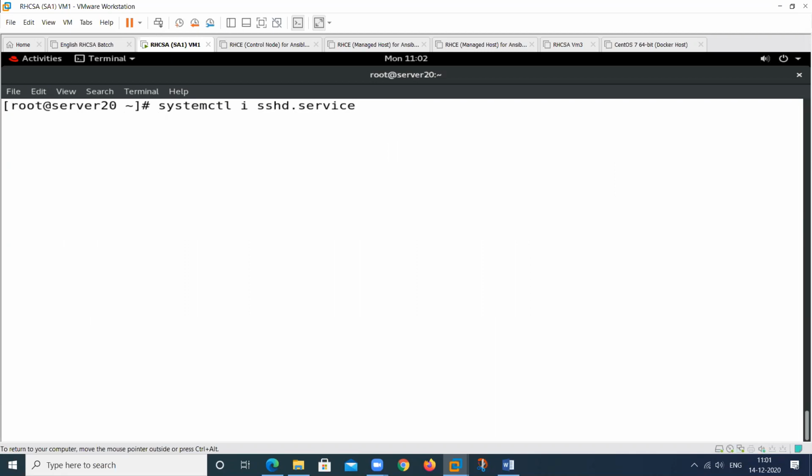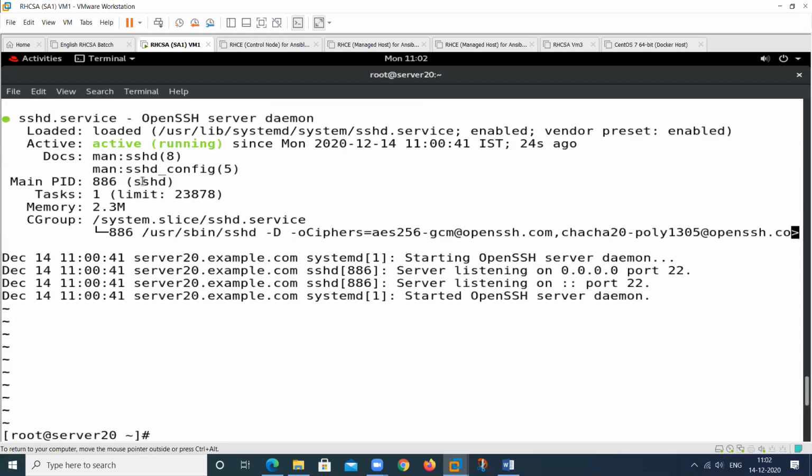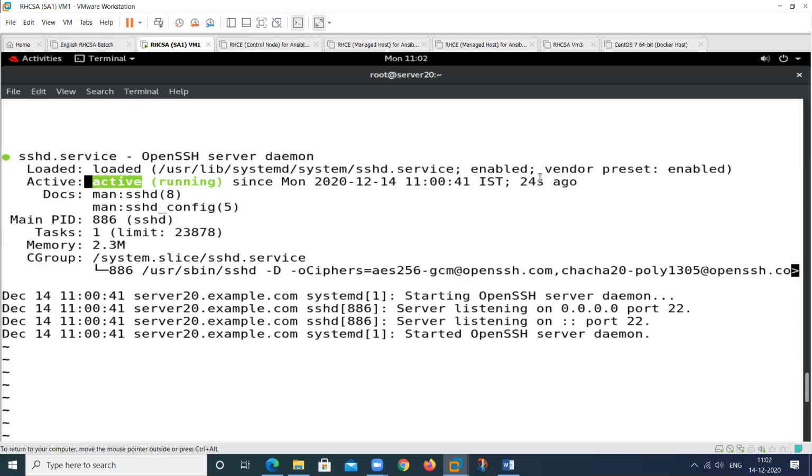So we have another command, that is active. It only displays the status, whether it is active or inactive. Only this, not the whole thing. If we want to display the whole thing, we can use the status command. But at this time, we want to display only the active or inactive status. See, only this one. Then we can display only this status, and the failed status also.